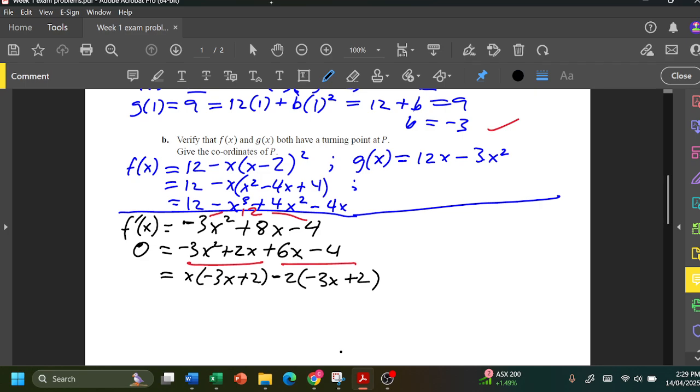So that's a negative divided by a negative, which makes a positive. Okay, so strategically, I have made it so that both of these two things in the brackets are the same, and therefore we can factorize this and find that this is the same as (x - 2)(-3x + 2), which means that, because we want this to be equal to 0 based on the null factor law, x must be equal to 2 or x must be equal to, if we solve this thing for 0 here,